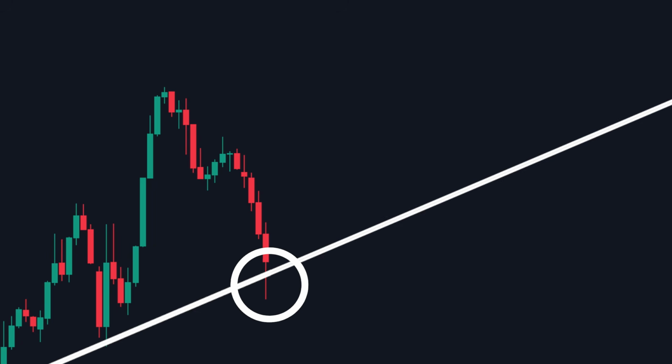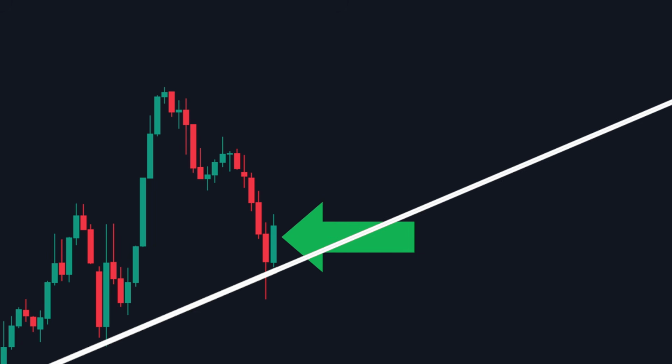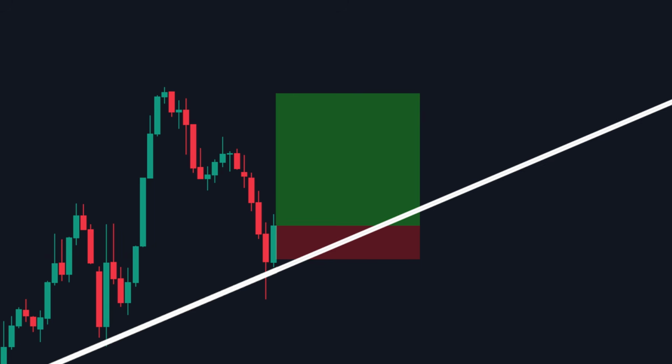Price taps the zone, dips a few ticks under the line, and now I get a strong bullish candle closing right back above it. That's my confirmation. The dip below was just stops getting cleared. I'm buying now at the close of that candle. My stop goes just below the line and below that little wick, tight, because if price trades cleanly through this line, the buy program is gone and I have no reason to be in this trade.